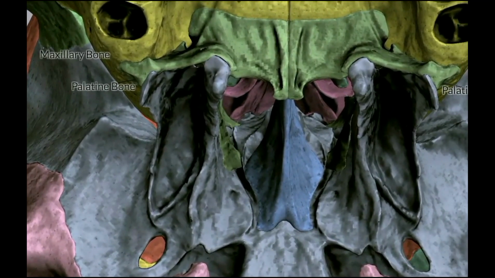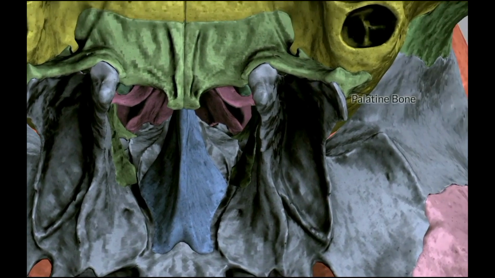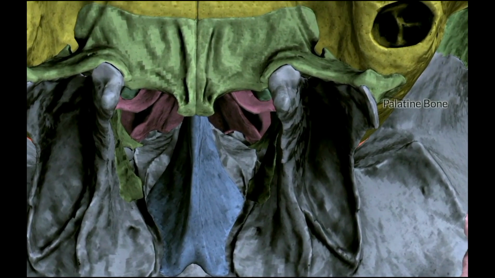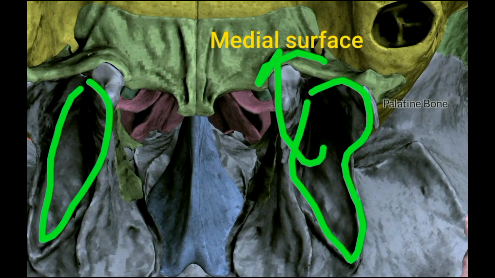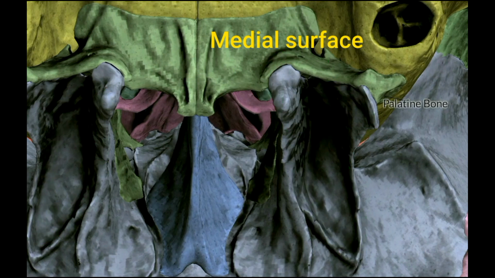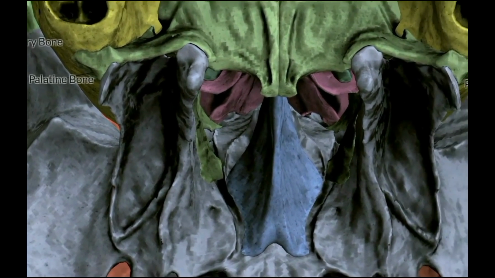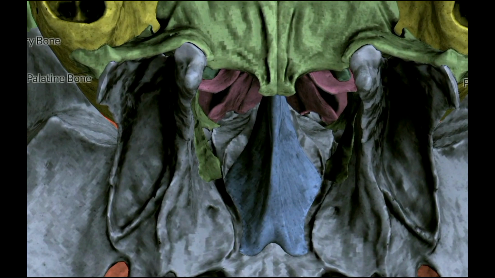And coming to the lateral pterygoid plate, it has two surfaces, and where the medial and lateral pterygoid plates meet, that is called the root. This is the medial surface of the lateral pterygoid plate. It gives origin to the medial pterygoid muscle. Remember, medial pterygoid and lateral pterygoid both come from the lateral pterygoid plate. Medial pterygoid comes from the medial surface, the lower head of lateral pterygoid comes from the lateral surface.